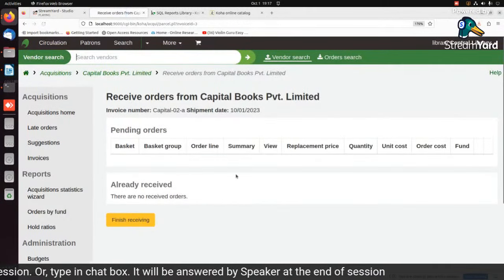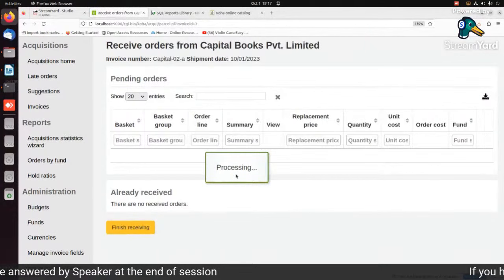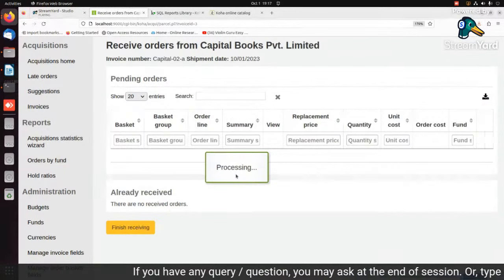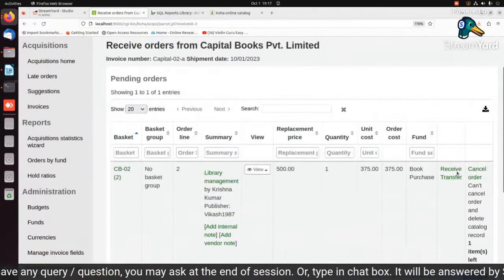And then when you add the invoice, it will show the order and number of copies. Here, you click on receive,